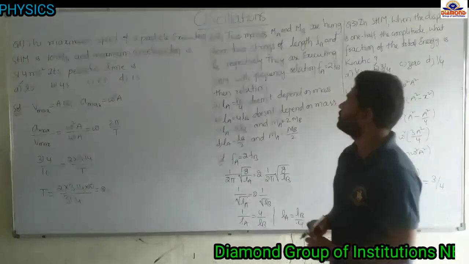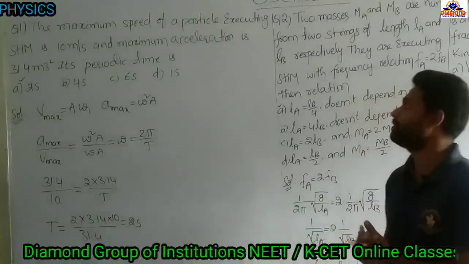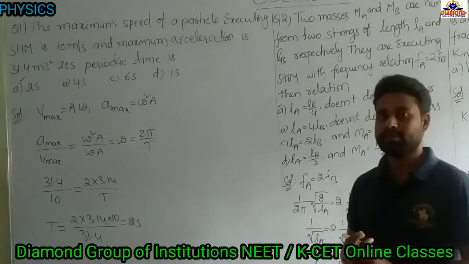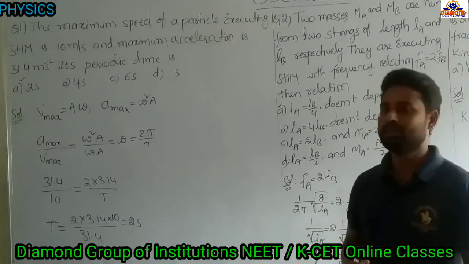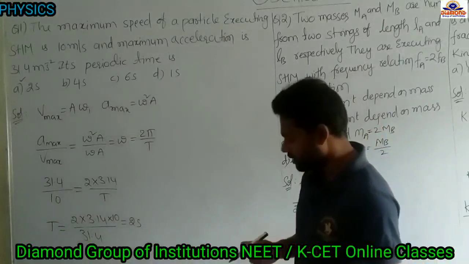Today we are going to discuss oscillations. Very easy questions we can expect from this topic, either simple harmonic motion or the spring mass system. We have these two only, so you have to remember the formulas. Any question we may get. One question will compulsorily come from this chapter. So see the first question.